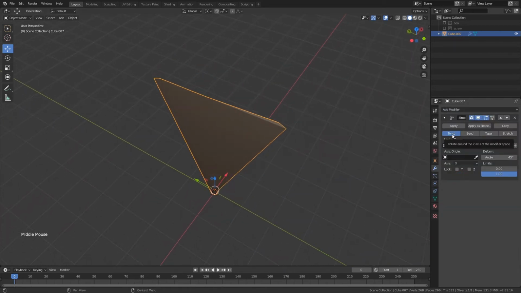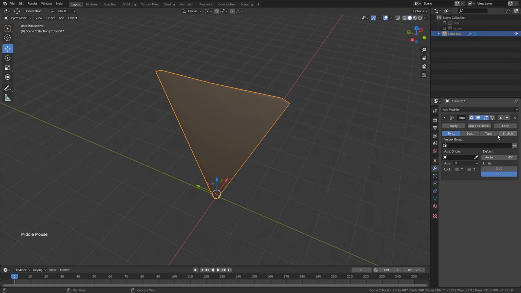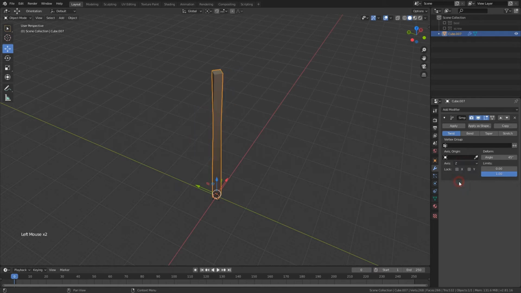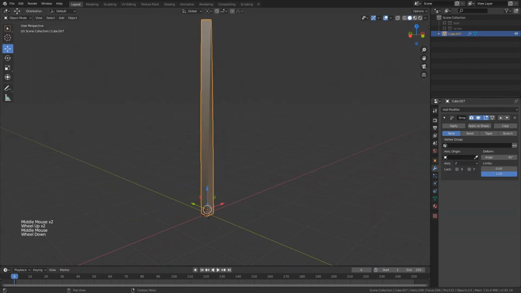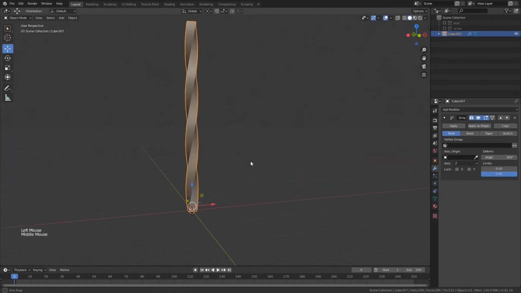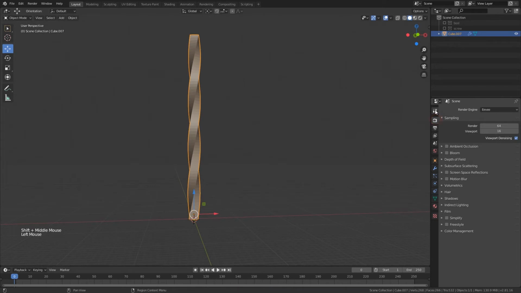Right now it's using twist mode. There are three other ones: bend, taper and stretch. Now if I change this to Z direction, you can see the effect clearly. As I increase the deform value, it's creating a nice twist over here. Now if I go to